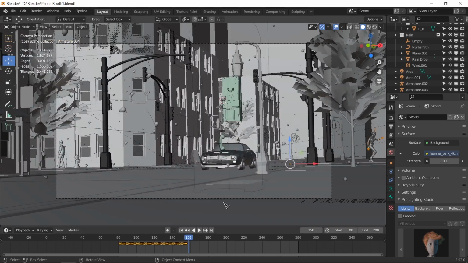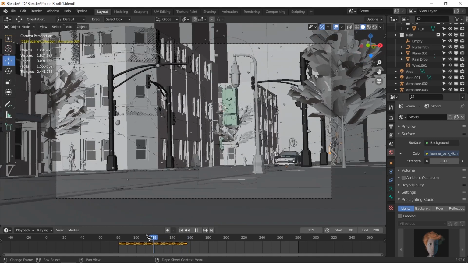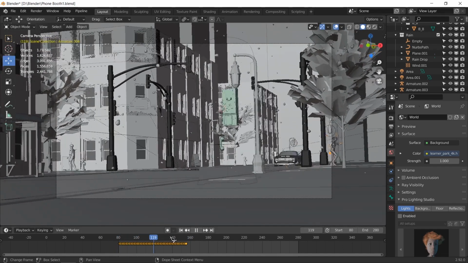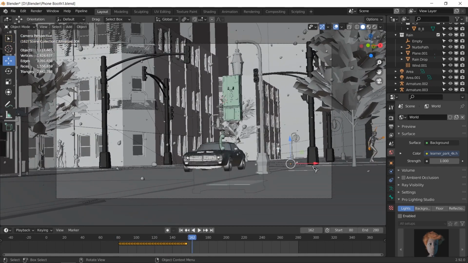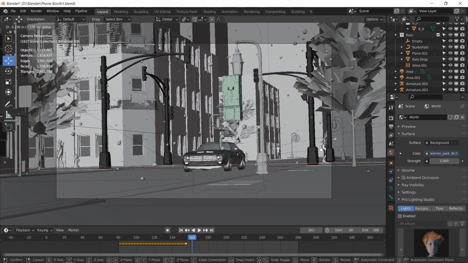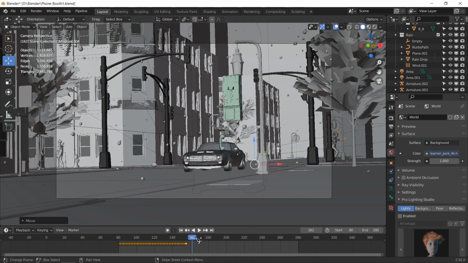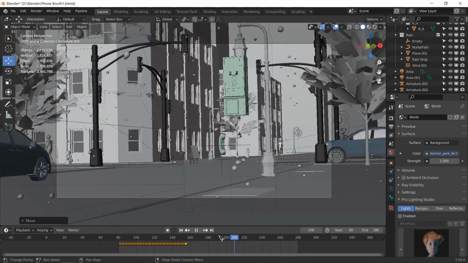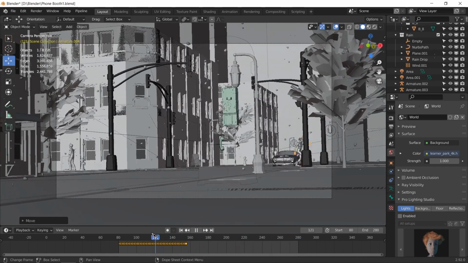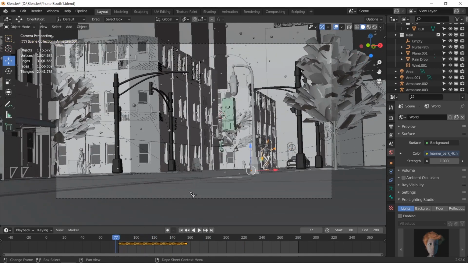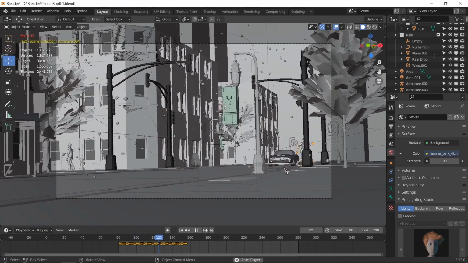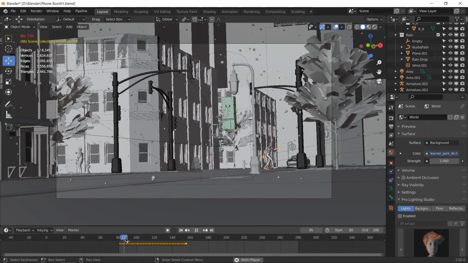This is how far she'll walk, so she could move a little bit further back. Let's see, she can move to like over here. Yeah, it could be like she's crossing the street. But then I need to get rid of the car or something, because if she's crossing the street, then